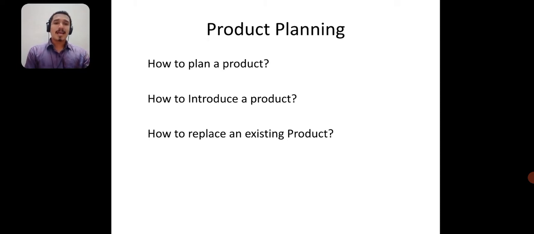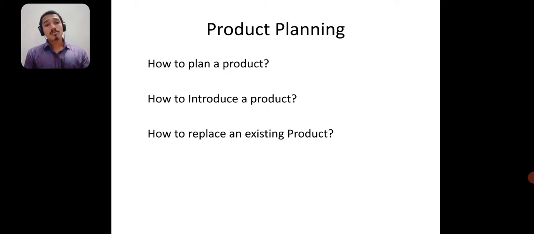How do we plan a product? Means what kind of product we need, how it is to be done, right? What type of packing is to be done, what type of branding we should do, what type of transportation we should opt, what type of manufacturing process, what type of product we actually need to manufacture, or in fact buy from someone and trade, right? So that is product planning. How to plan, these are all planning.